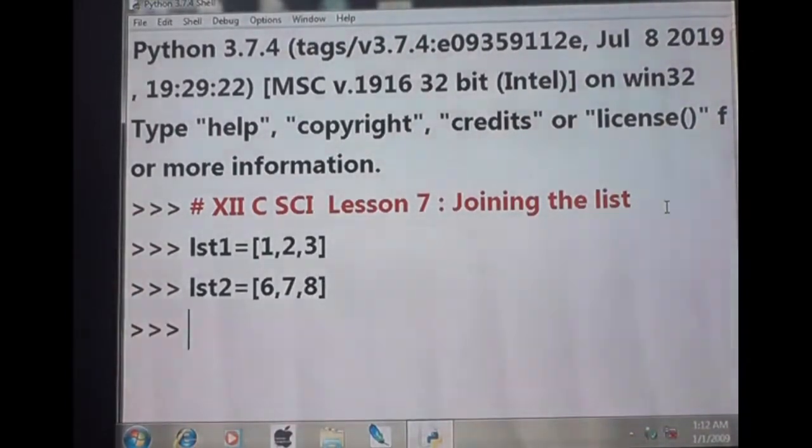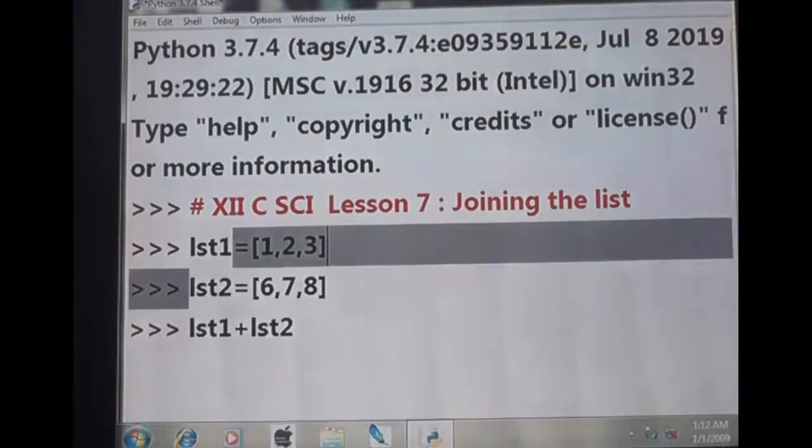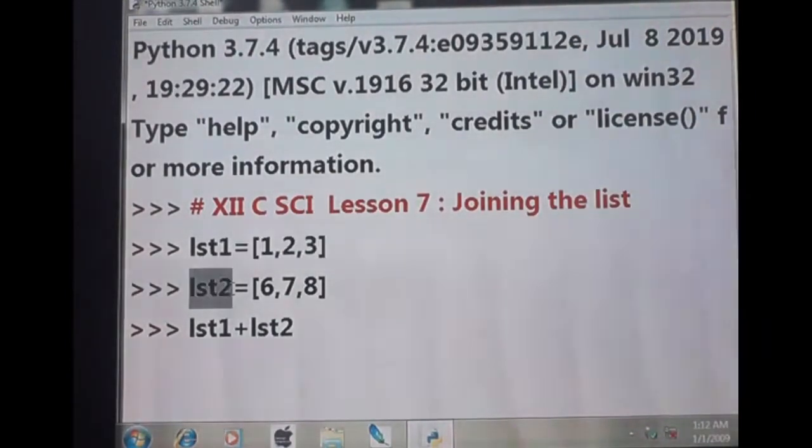Now I am going to ask a question, and you have to answer it. List 1 plus list 2. If I press enter, what is the value? List 1 is 1, 2, 3, whereas list 2 is 6, 7, 8.